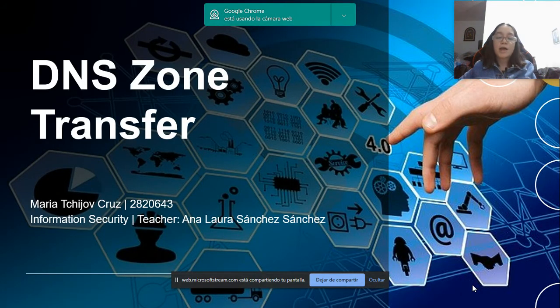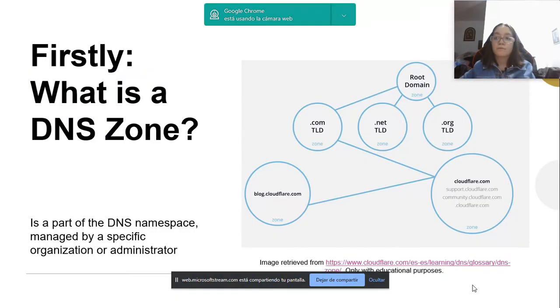Next, today I'm going to talk to you about the DNS Zone Transfer. First of all, we need to know what is a DNS zone. The DNS zone is a part of the DNS namespace that will be managed by a specific organization or administrator. Here's the example. We have two administrators, the black